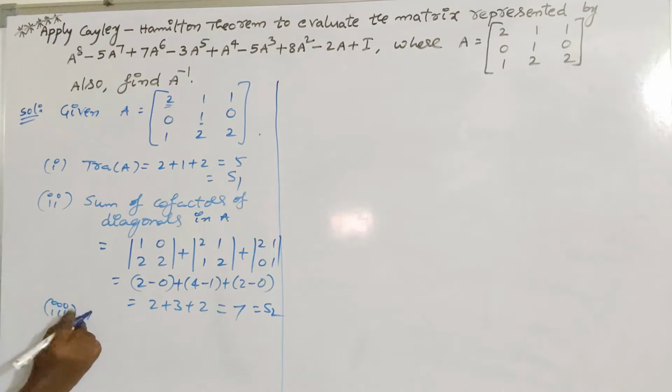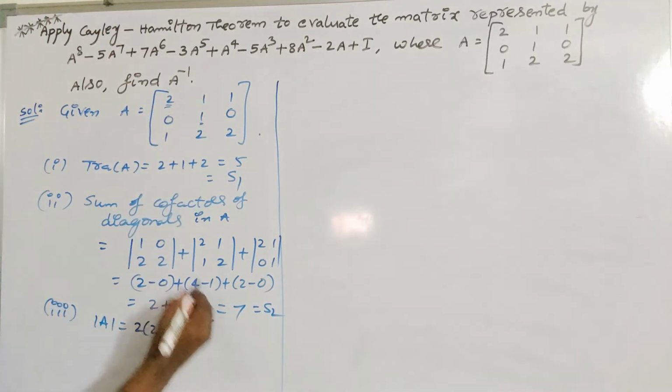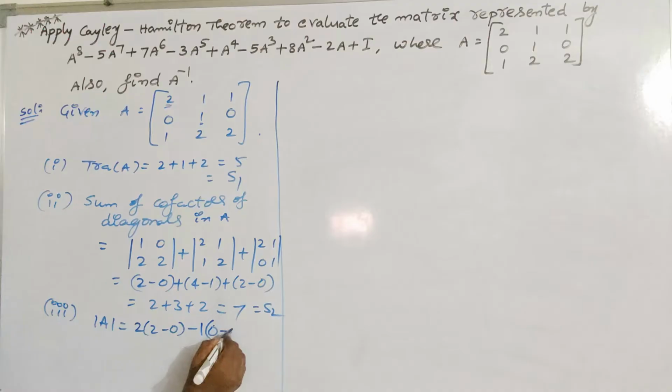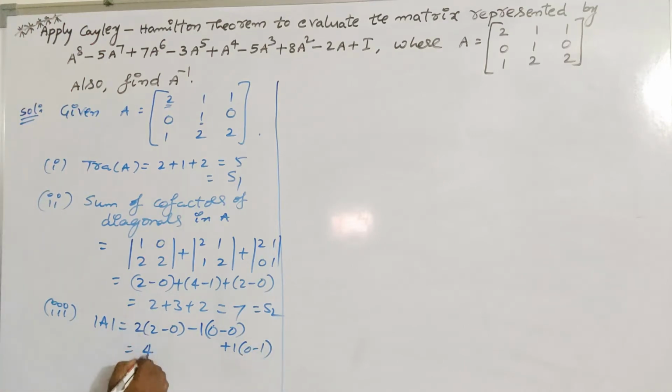Now, you have to find out det A. It would be S3. If you have a calculator in your hand, you can use the scientific calculator to get the exact value of det A and avoid numerical mistakes. So, 2 into 2 minus 0, I am finding manually. 1 into 0 minus 0 and finally 1 into 0 minus 1. So, 2 2s are 4, this would be 0 minus 1. I got 3. You can say this is S3.